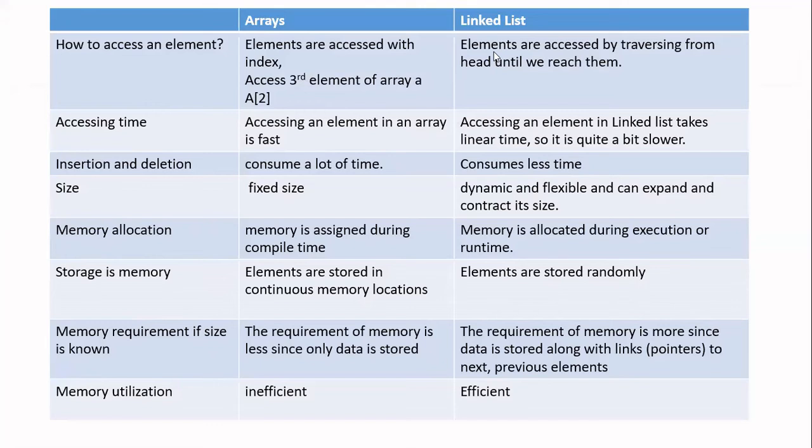Yes, in case of a linked list, you cannot access any element randomly. You have to travel from the head. You have to move one by one until you reach the element what you want to access. So this is not a random access. It is only sequential access. This is one important difference. And the second difference is accessing time. In case of an array, accessing time is fast because you are doing random access. Whereas in case of a linked list, the accessing time is not faster. You are doing sequential access. If you want to access one node, you have to start from the head.